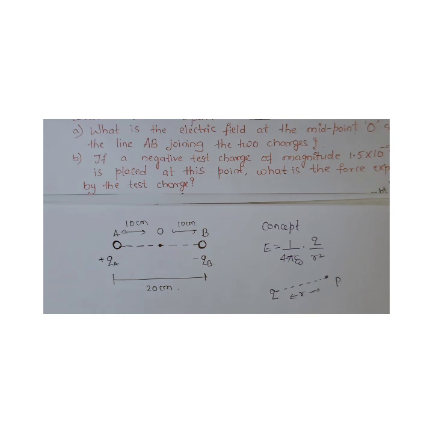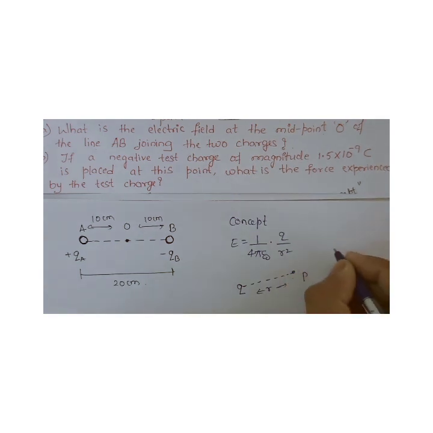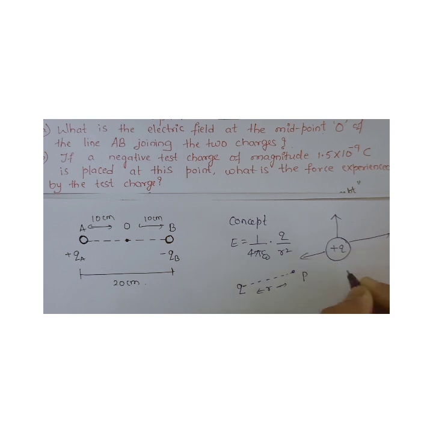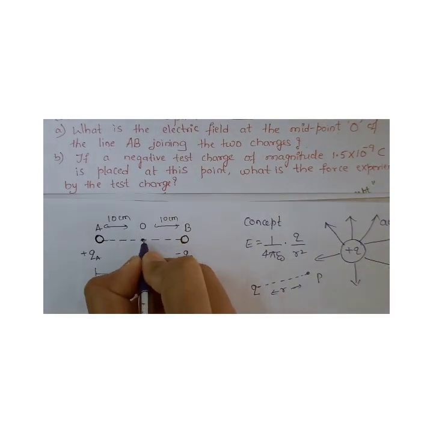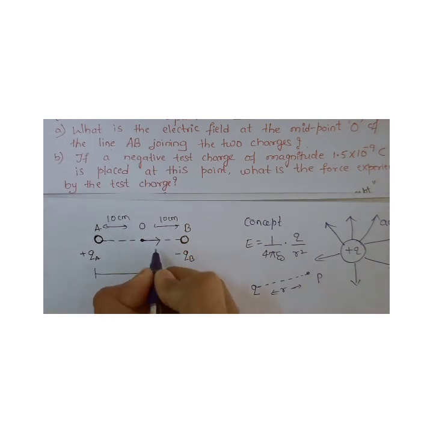So that's one concept. Now the second concept, what is it? The direction of the electric field due to QA. See, what will be the direction of the electric field due to a positive charge? This is the concept you have seen, the configuration of electric field. So how is the direction of the electric field? Away from the plus Q charge. So at point P the electric field will be away from the plus Q charge. So this I'll take as EA.